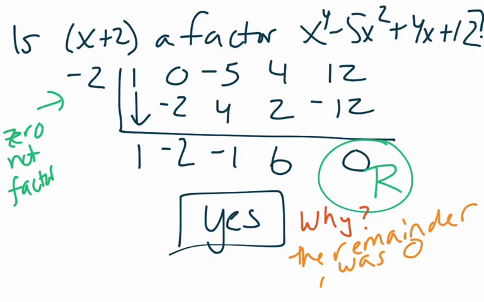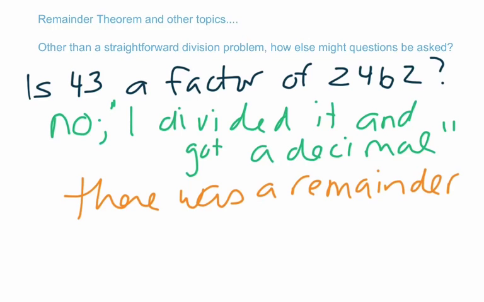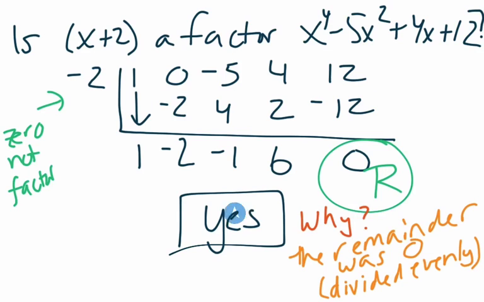It divided evenly. There was nothing left over when you divided. So that goes back to whether you get that decimal, whether you get something that is left over. And so you've got to kind of go out and do those decimals. So that's one of the ways, other than a straightforward division problem, that you might be asked the question. You still need to divide. It still falls under this umbrella of, is this a factor or the division, but it's not asked straight up